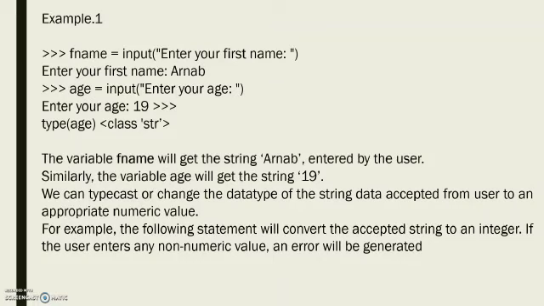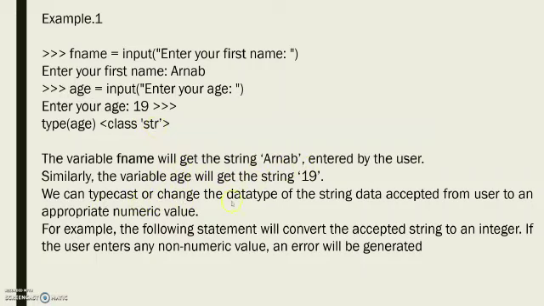Now let's look at an example. We have fname as the variable. The input for this says enter your first name. So see, this is the input here that we are going to fill as a string. So we have filled the first name. After that, age, which is an integer. We know that age comes in numbers and these are called integers. So we have entered the age also. So type of age gives class of string. Now see, the input function is converting this integer into a string value. When we say enter your first name, this is already a string value. But this is an integer, that is, a number value. So the input function converts it to the class of string.